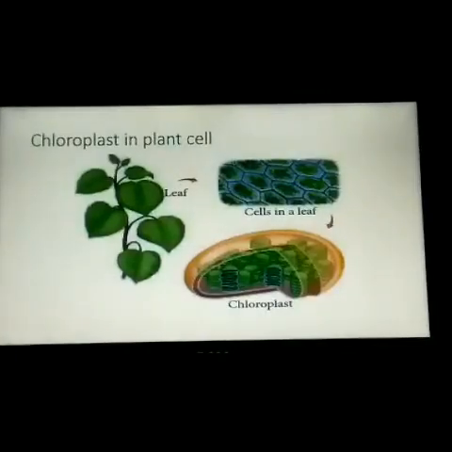And next one, chloroplast. So chloroplast, this organelle will be seen only in the plant cell. Do you notice the green organelle present in a plant cell and it is absent in an animal cell? It is the component which will be absent in an animal cell, but it is present only in the plant cell, that is said to be chloroplast.